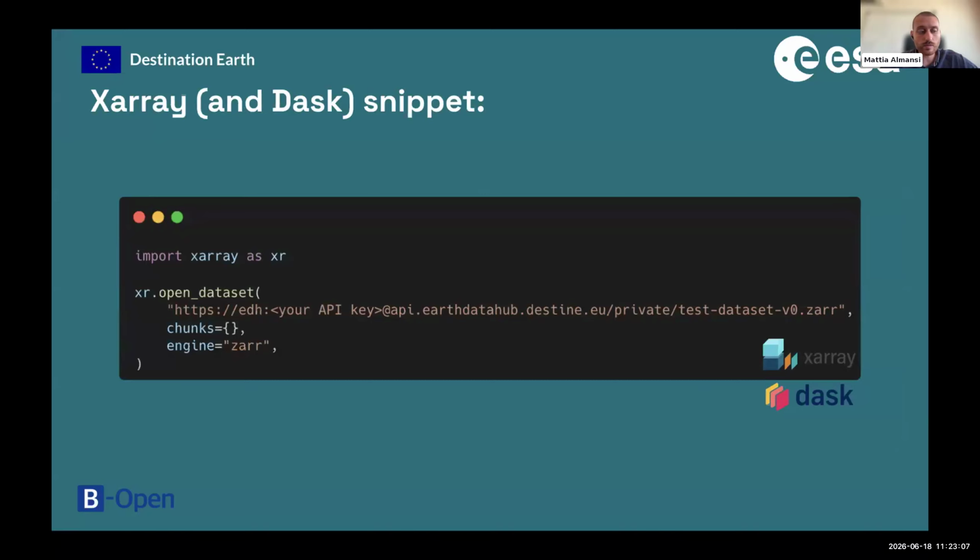This is how a snippet looks like in practice. Once you have the dataset and you have your API key, all you have to do is import the library, Xarray, and plug that information into the open dataset function. And that's it.